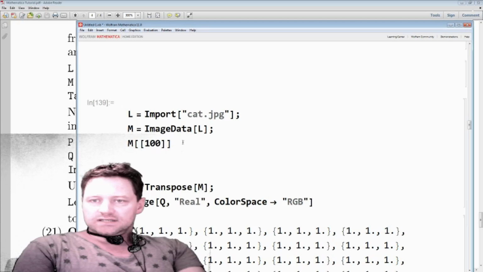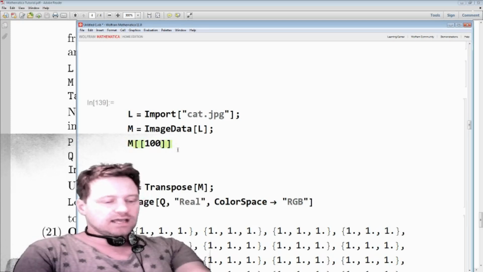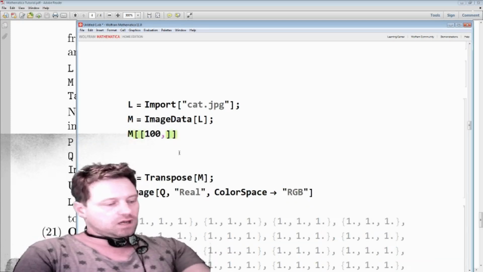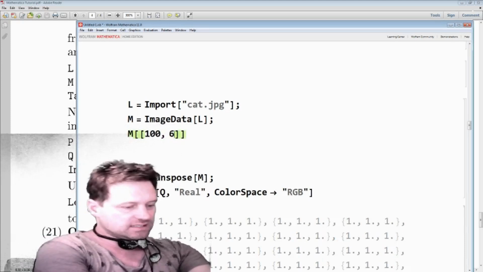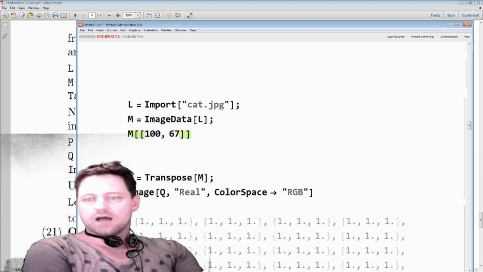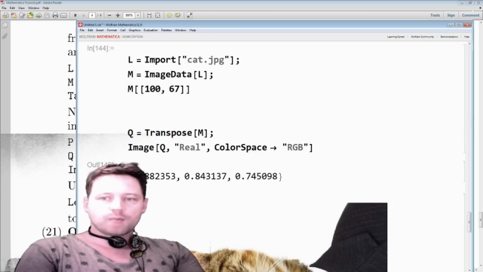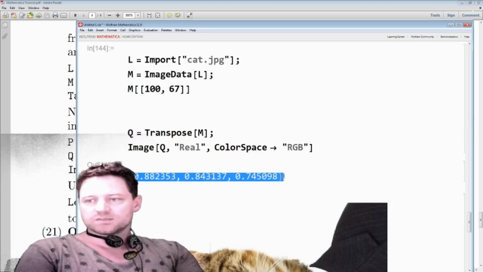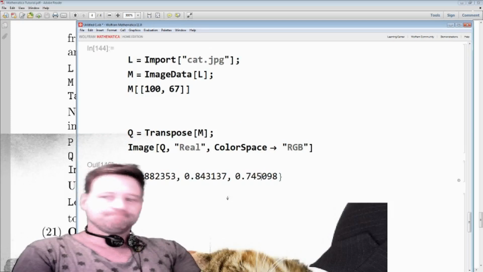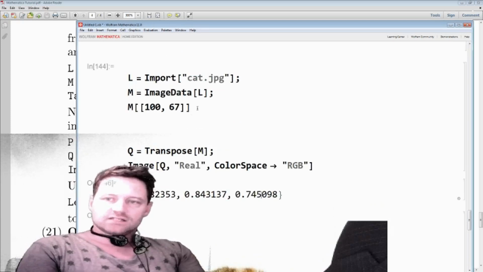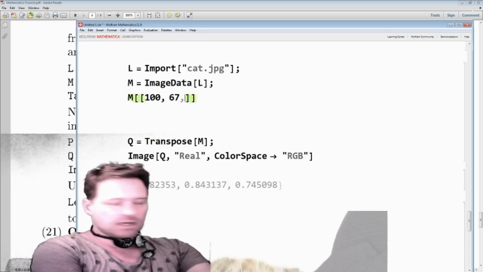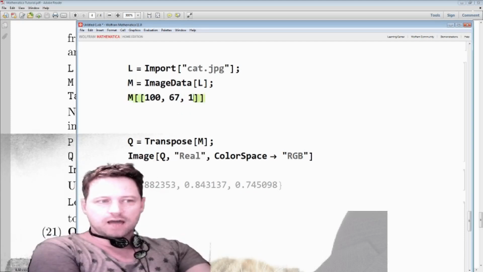Okay, where were we? Now, if I say I want the 67th element of that 100th row, let's see. We get a pixel. Sorry, yeah, that's a pixel, RGB. Now, if I put another comma and say I want to pull out the first element of that,